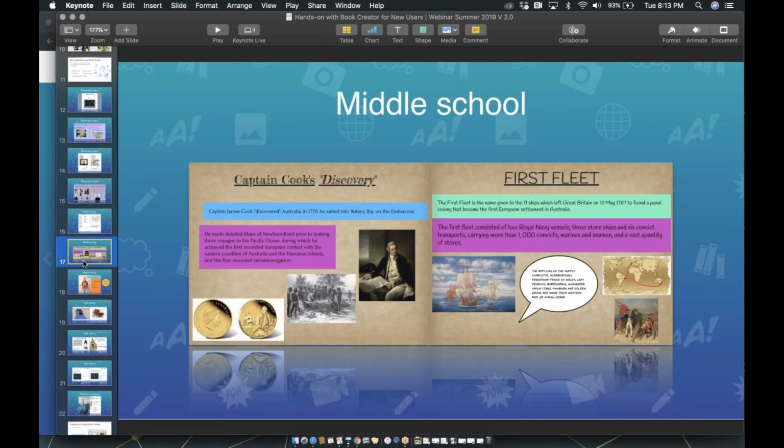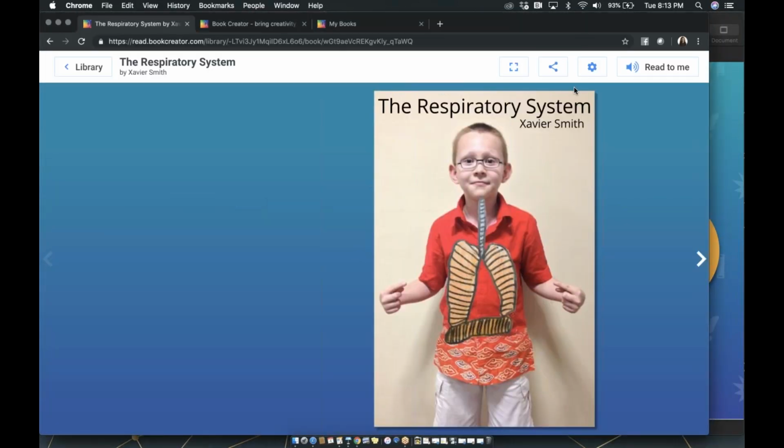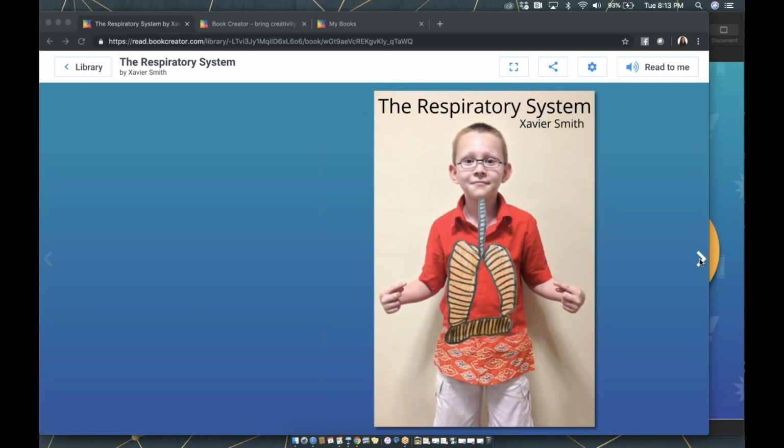There's the opportunity for you to pull in images from lots of different places, create text boxes, like the ones that you see here. And here's a favorite I love sharing. I'm going to take you out so that you can see it when I go through each page of the book here. So as I go through this example, Xavier's respiratory system book is also one you can check out